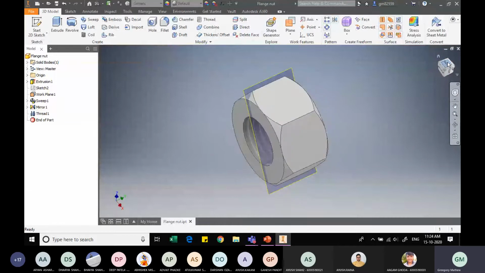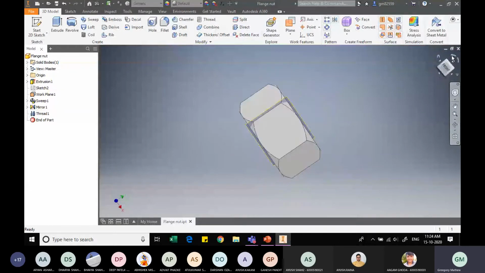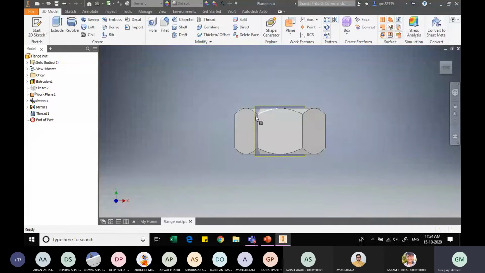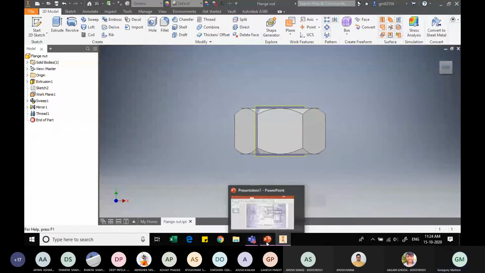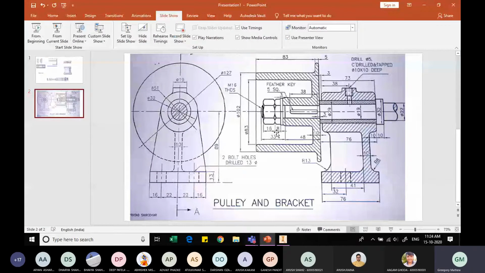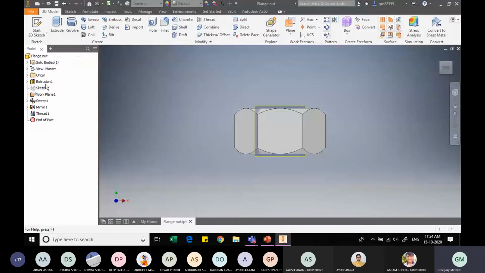Let me go to the front view. This is not my front view. Yeah, this is my front view. The modification I am going to do: if you remember, the thickness was 16, but for the flange nut it is just 8. So here itself, the first modification is that this mirrored feature which is lying on the bottom is not required.